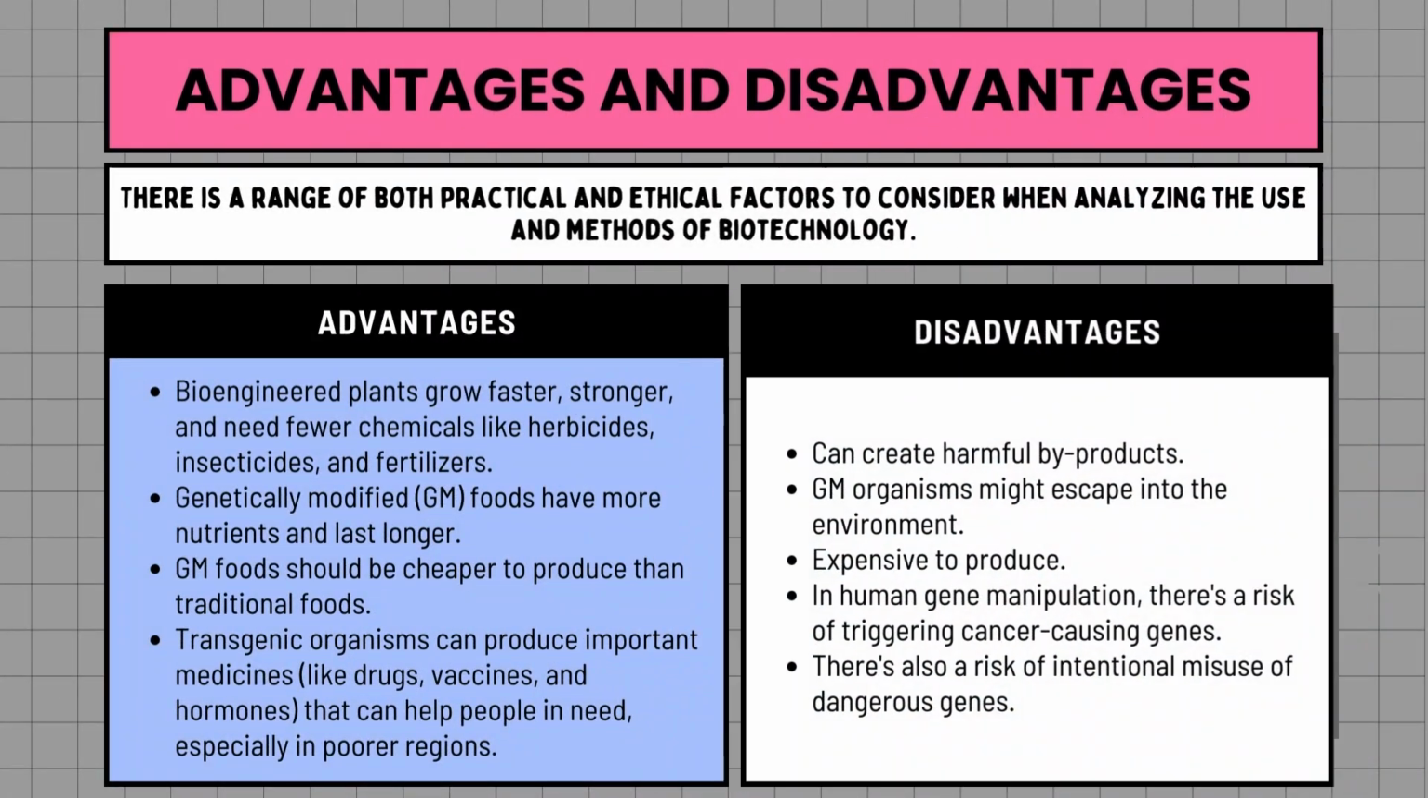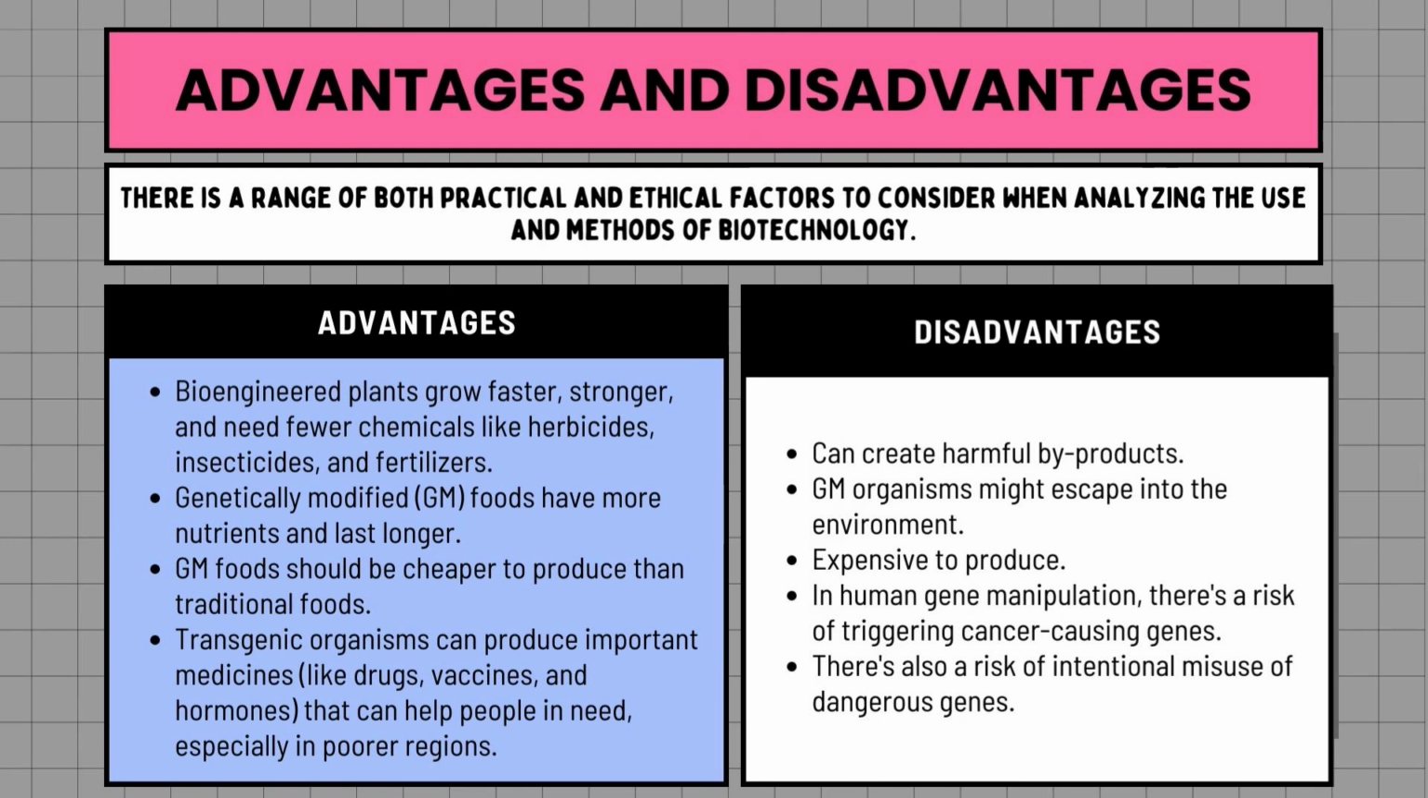Biotechnology is a rapidly evolving field that impacts many aspects of our lives. Today, we'll take a closer look at both the advantages and disadvantages of biotechnology in agriculture and medicine. Firstly, bioengineered plants grow faster, are stronger, and need fewer chemicals like herbicides and fertilizers, making farming more sustainable. Secondly, GM foods are more nutritious, last longer, and are cheaper to produce, which can help reduce food costs. Thirdly, biotechnology in medicine allows for the production of important medicines, such as vaccines and hormones, which can be life-saving,